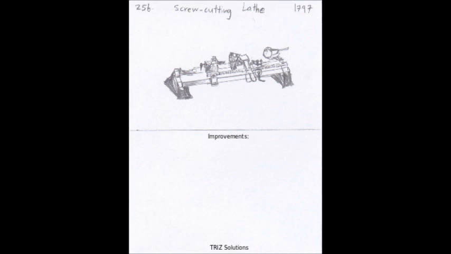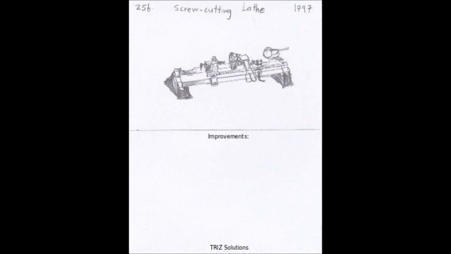The screw-cutting lathe automated the process of cutting threads, allowing for the mass production of standardized parts that could be easily assembled. The screw-cutting lathe had a profound impact on the manufacturing industry and led to the development of many other machine tools and manufacturing processes. It allowed for the production of complex machinery and engines, such as steam engines and locomotives, and helped to drive